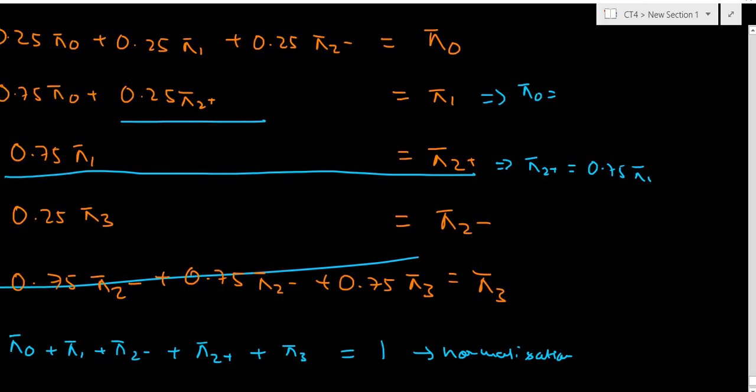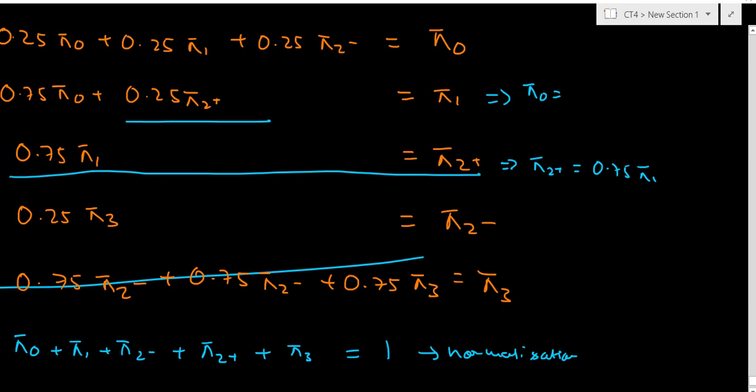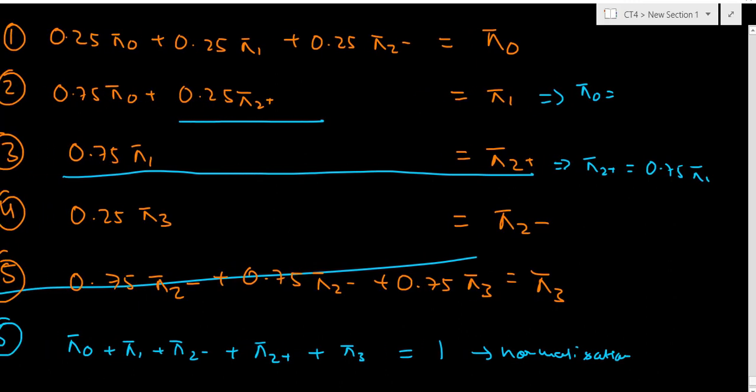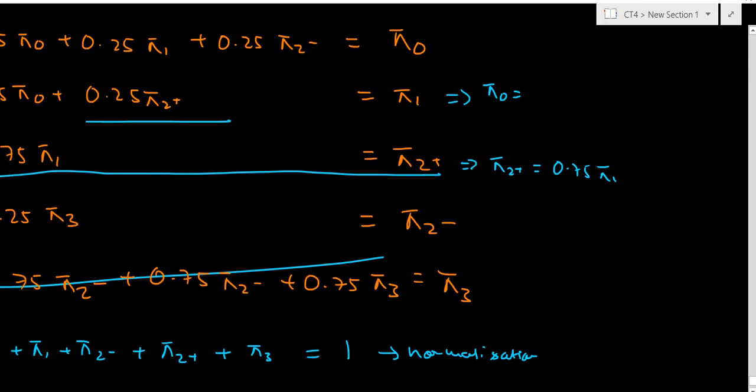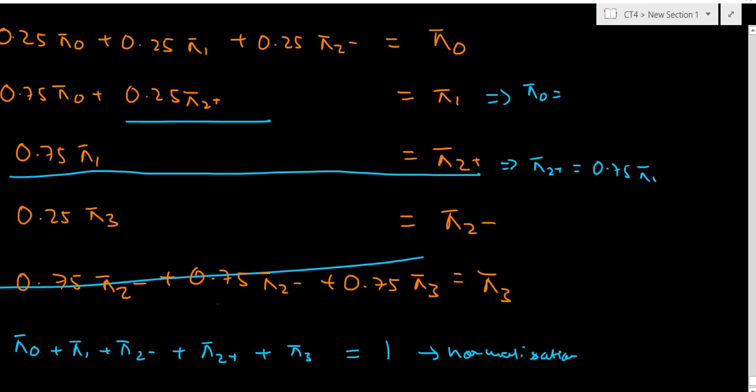So that would give me pi 0 is equal to pi 1 minus 0.25 into 0.75 pi 1. I've just sent this pi 2 on the other side and substituted it with this equation,